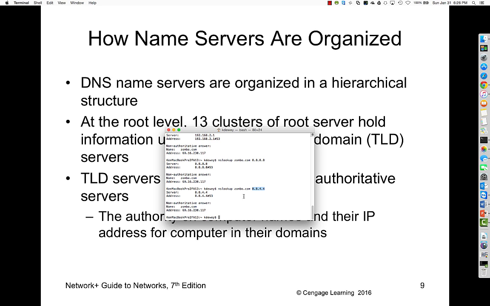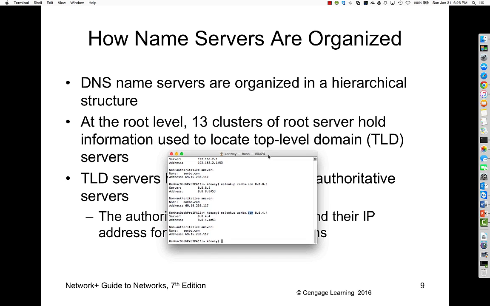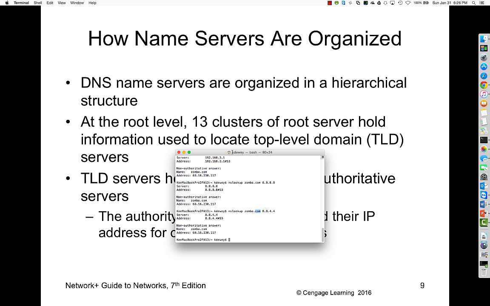They say, hey, who's in charge of the .coms out there? Okay? There is one server in charge of .com. So the 13 servers, one of them would reply to Google and say, hey, this guy out in the middle of who knows where is in charge of .coms. And depending on if the query was made recursively or non-recursively, either Google would return that information to me, then I would ask them about Zombo.com, but most likely